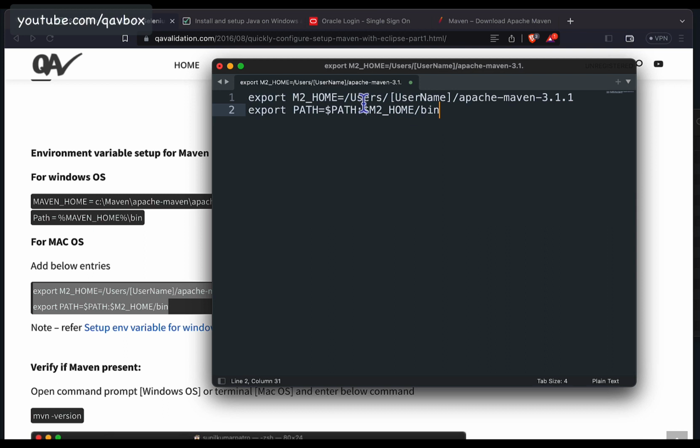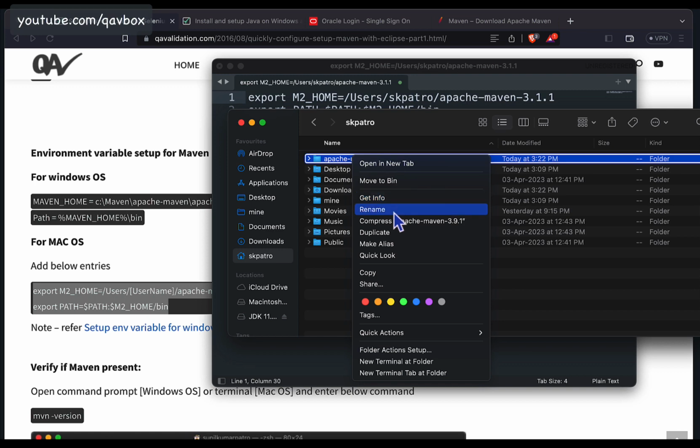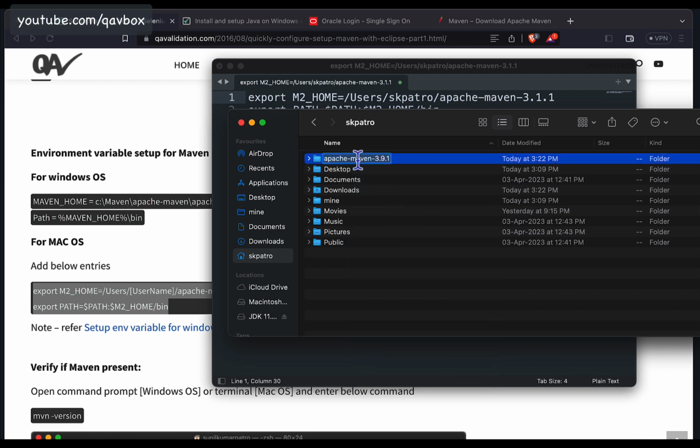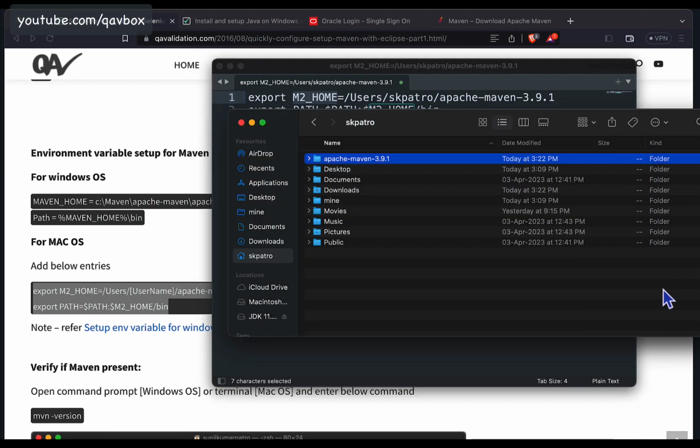Okay, and you can see under my users, and the username is skpatro, and you can see here this is my profile name, and here I will just do a rename so that I can copy paste this one, and then Apache Maven. Okay, like this you can do that, and then after that this m2 home bin folder, and exactly the same